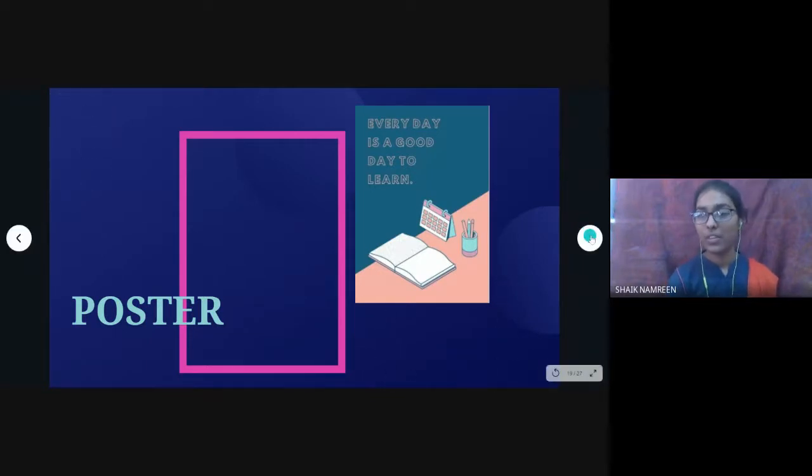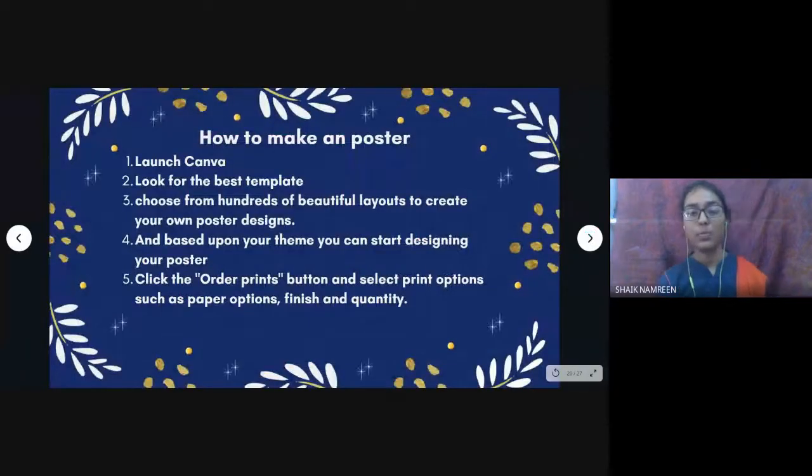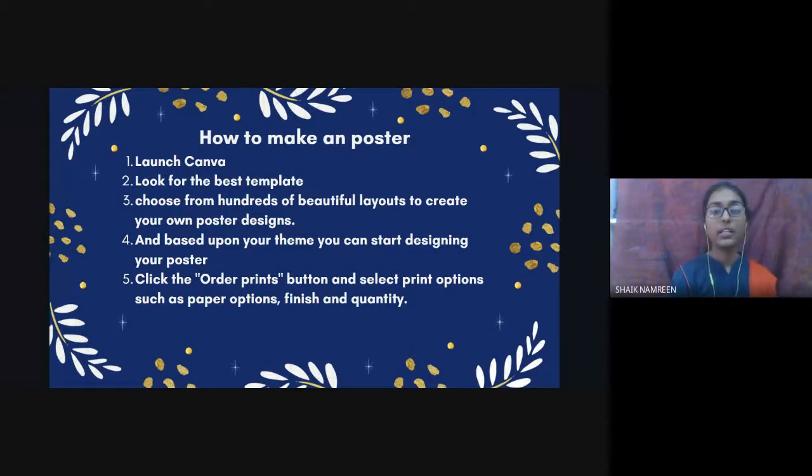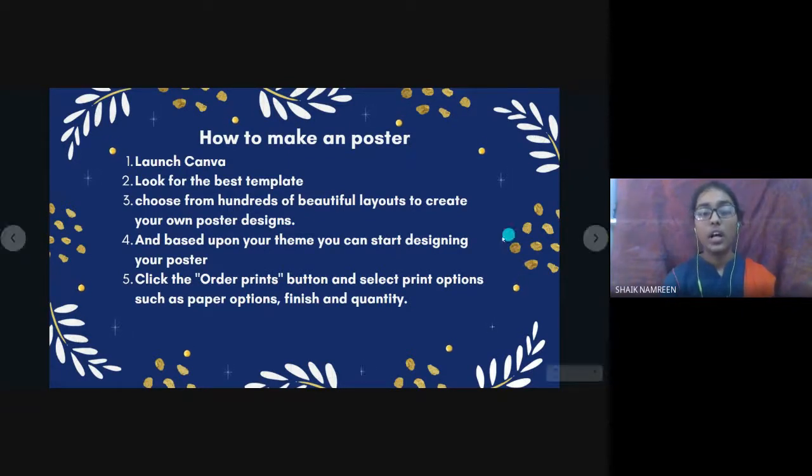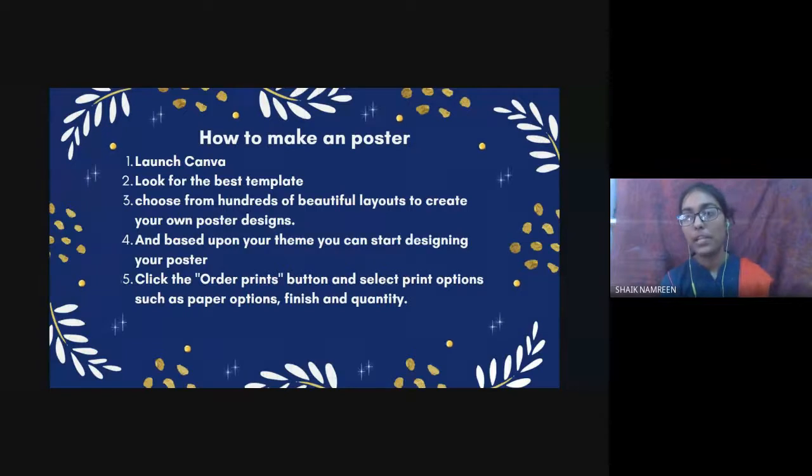So I think everyone knows about poster. These are similar steps, but the extra one, as you can see in the fifth point, is to click order prints. If you are creating a poster design and you want that poster, you can click on order prints. I will show it to you. By clicking on this, you should confirm, meaning if you want to order your poster to your home, you should complete your formalities like your name and how much the cost.